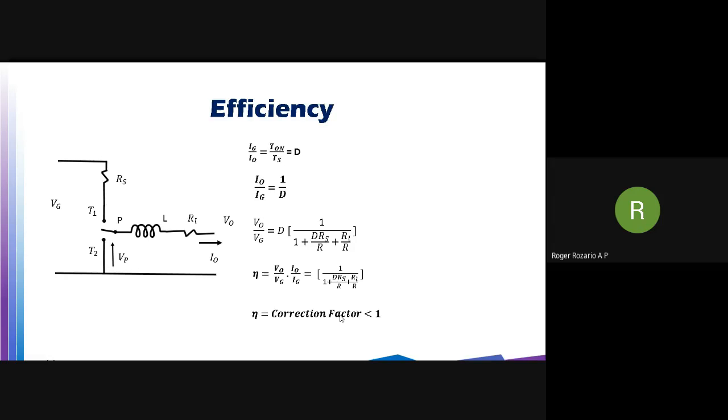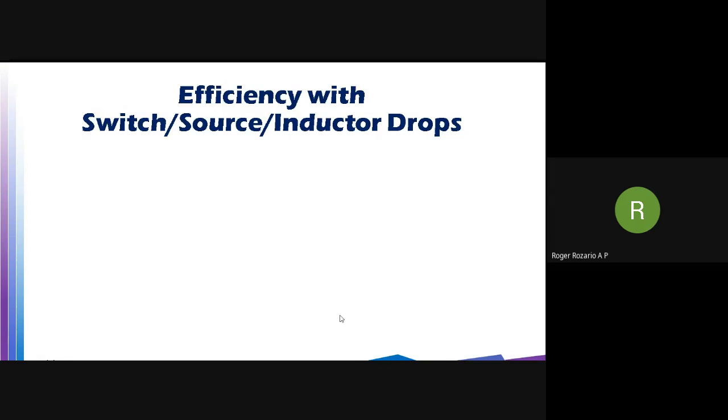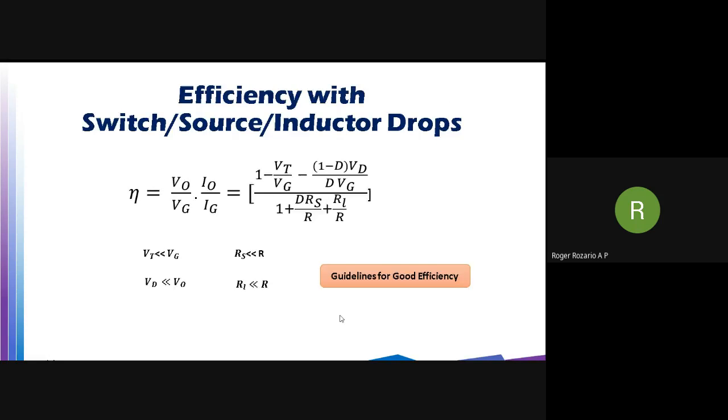Next non-ideality, I hope you are clear with these two non-idealities. As of now, we have seen 3 non-idealities. The first is the non-ideality in the output current, del I naught by I naught. The second is the non-ideality in the switches; there is some voltage drop in the switches. The third is the non-ideality in the source and the inductor. These three non-idealities you have seen so far. And the last non-ideality is the non-ideality in the output voltage.